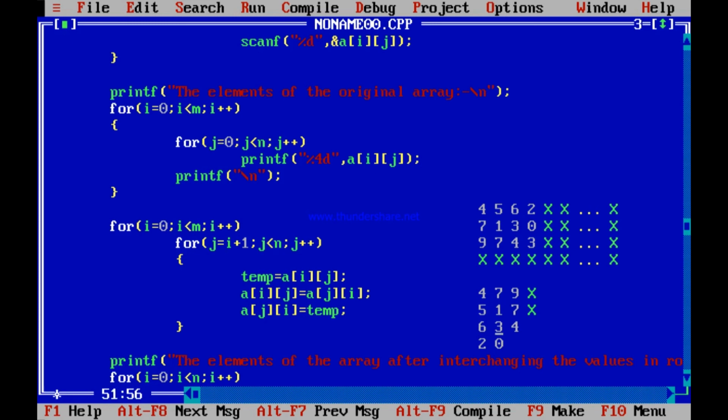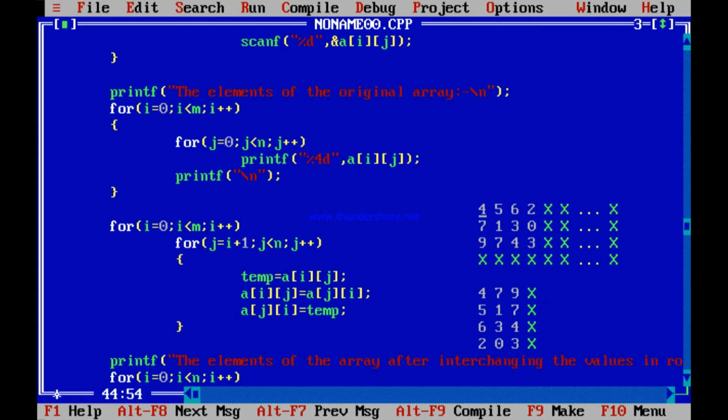So you are starting from I plus 1. So this A22 remains unchanged. But this 3 in 2, 3 is being changed with 3, 2. So this 3 over here comes x and 3 goes over here. Next time I comes with 3, but j starts from 4. 4 less than 4 is obviously false. 4, 4, nothing to be done. So it stops over here and you have got the things you wanted.